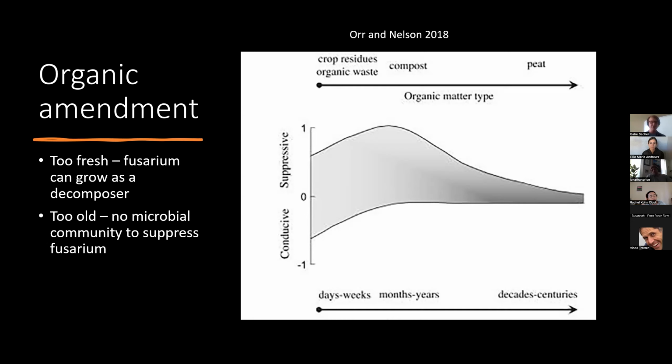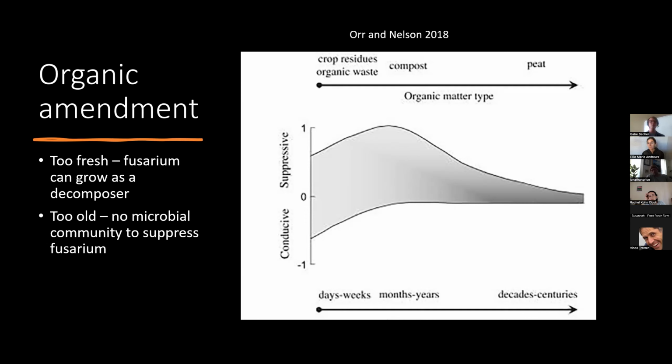If we get really fresh compost, it's almost still just the component parts, and that has a lot of free material that the Fusarium can actually eat. Remember, this is a soil-inhabiting fungus that doesn't necessarily need a host to survive. So if you're applying a lot of fresh material to your beds, the Fusarium can eat that and make your disease worse. So what we want to apply is this middle area here, a really well digested compost that is still active enough, with enough nutrients and carbon in it, that it hosts a robust microbial community that will suppress the Fusarium and not allow it to get hold,